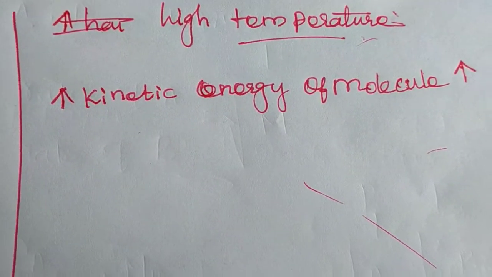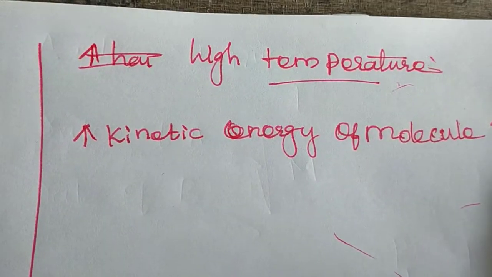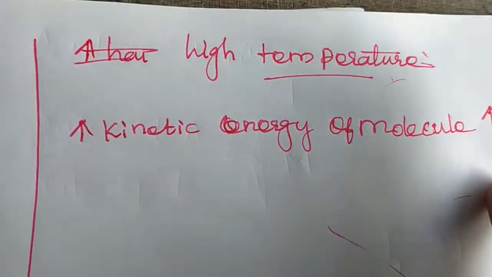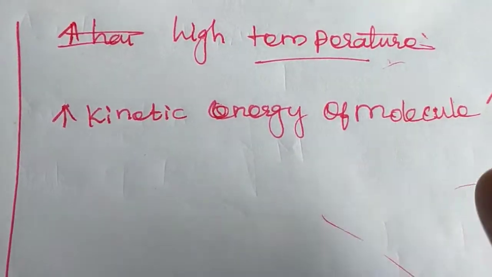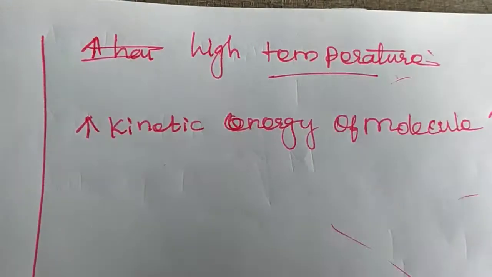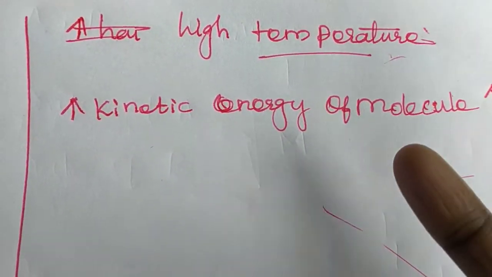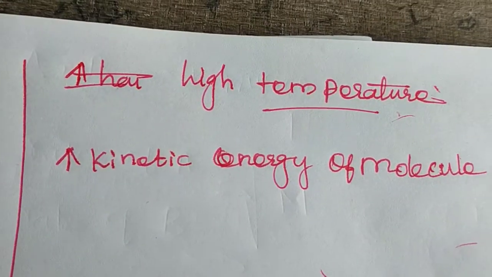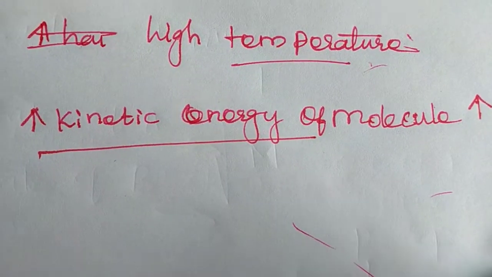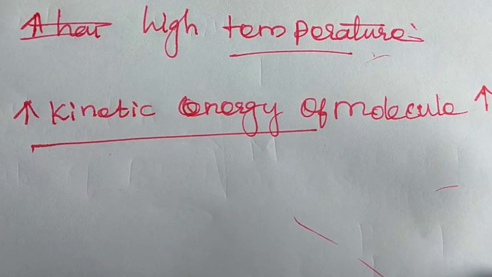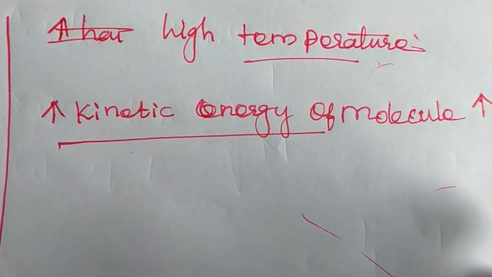So we can compare this boiling water with the normal water. Which one is in the active state? Boiling water is in the active state, because of applying the temperature. The particles present in that water absorb the energy, and movement means kinetic energy. So the kinetic energy is increasing, that means movement is increasing. So the movement of the molecules is increasing.